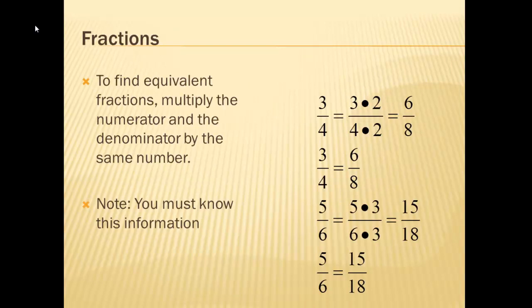One of the things that you can do with fractions is find the equivalent value. That is where you multiply the numerator and denominator by the same value. So in the two examples here, the first one you have 3/4. If I were to multiply the numerator and denominator by the same value, 2, I would get 6/8. So if you were to take the fraction 3/4 and 6/8, they have the same numerical value of 0.75, or 75/100,